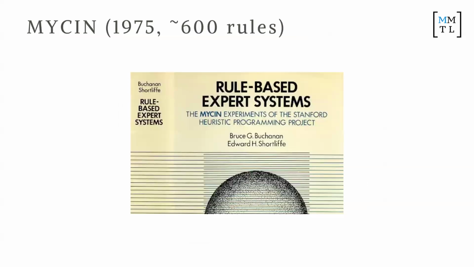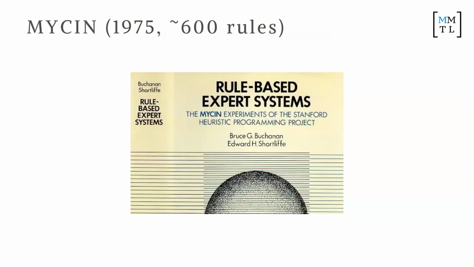And this was actually when it first started entering medicine, right? So this is a program out of Stanford called the MYCIN project. In 1975, they basically had 600 rules to diagnose someone with an infectious disease. They would recommend an antibiotic for it. And they found that this antibiotic recommendation was more accurate than most ID decisions. So it's pretty cool.